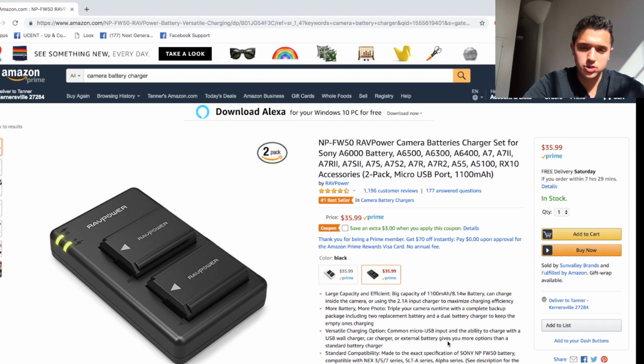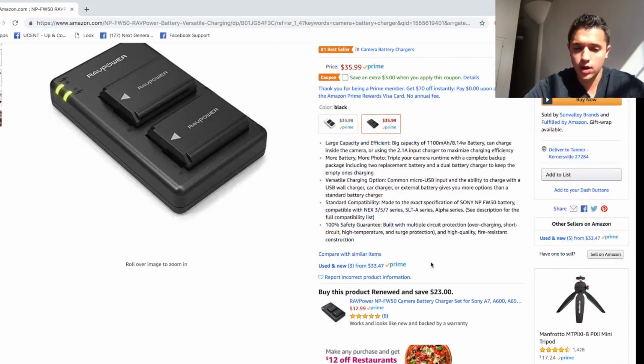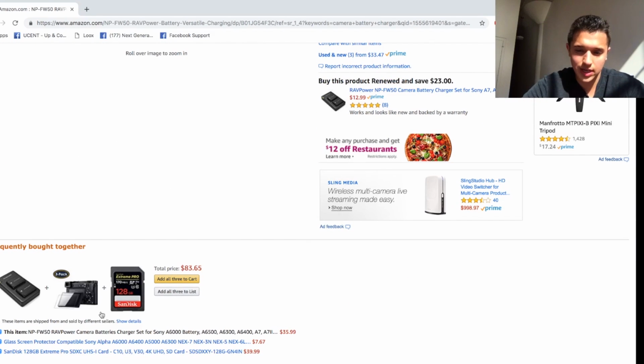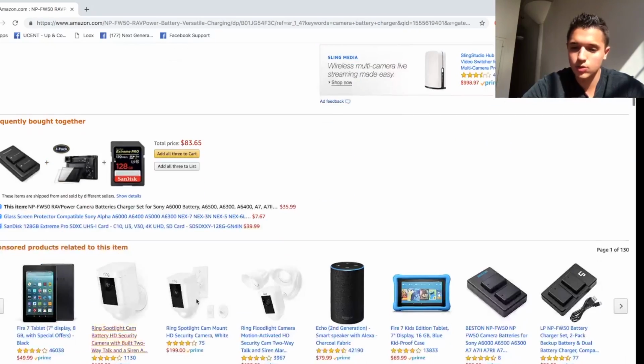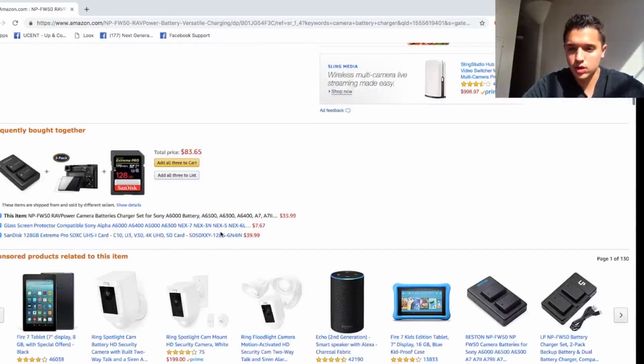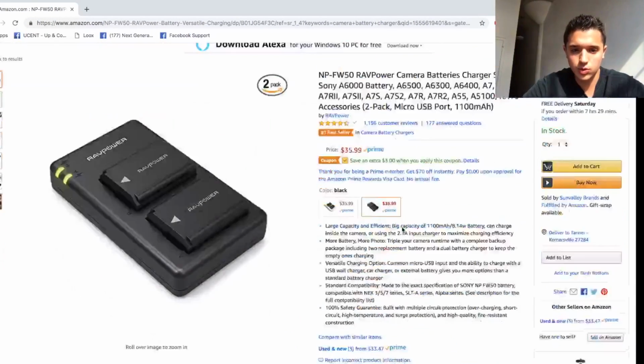Most of the time you can find products you're gonna sell on your store on Amazon or another big retail site that you can use, such as Walmart, eBay. You can do a similar thing there, but this is just how I do it on Amazon. I scroll down and I see, all right, what are they upselling and downselling? They do the frequently bought together and the related items. So like I said, this is the battery charger. If I scroll down here, we can see this charger is $36 with the battery,